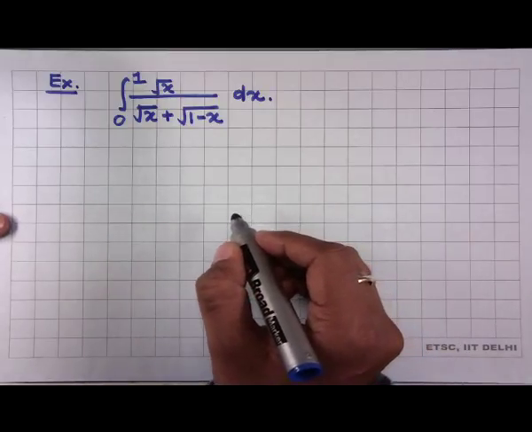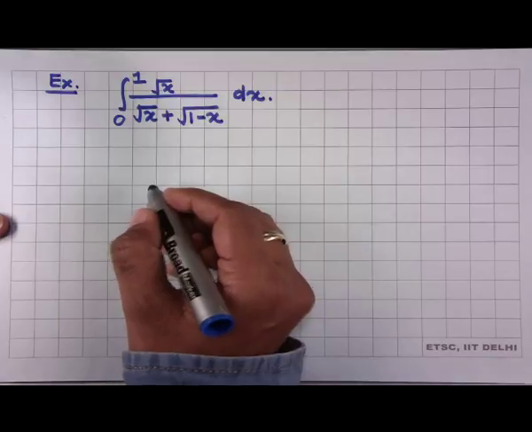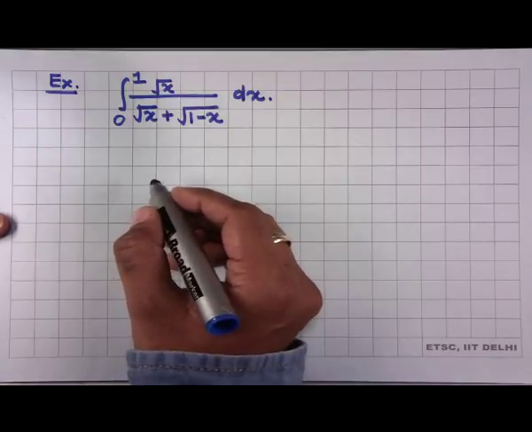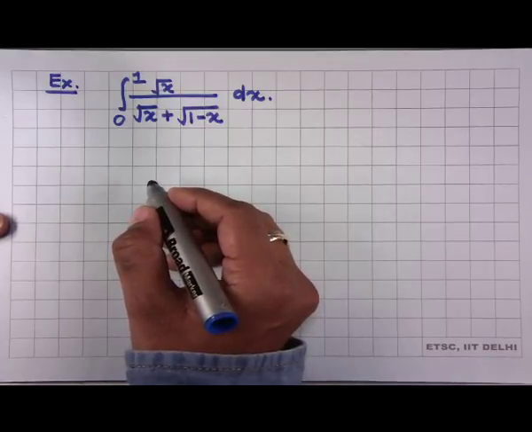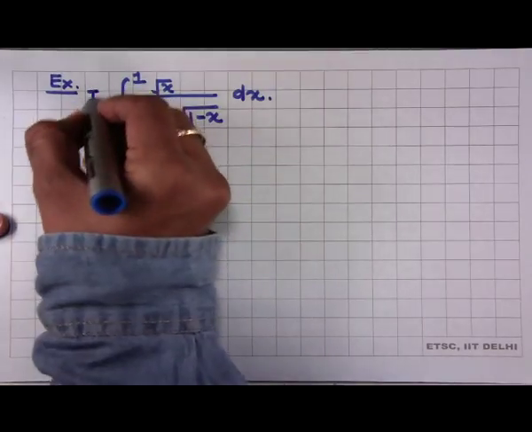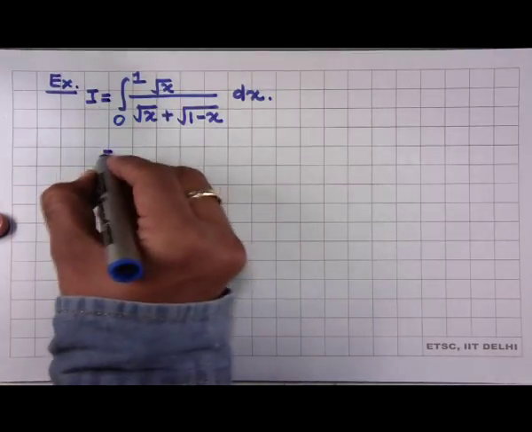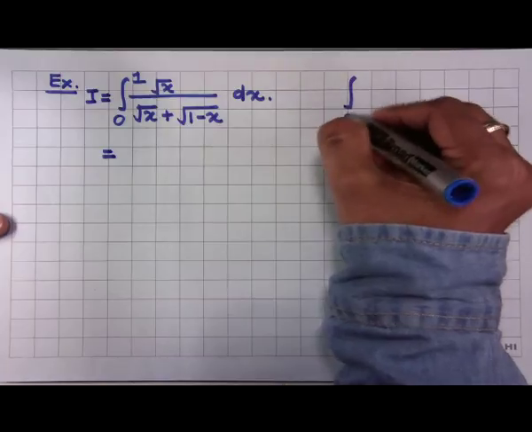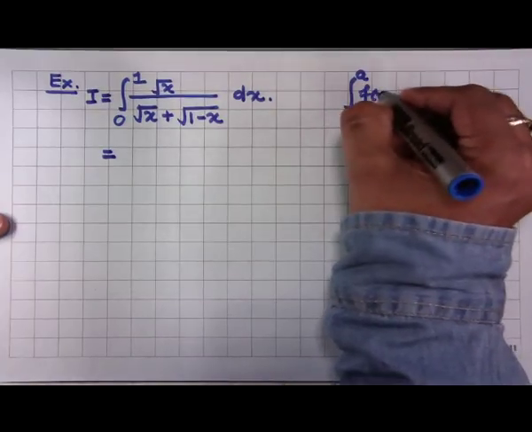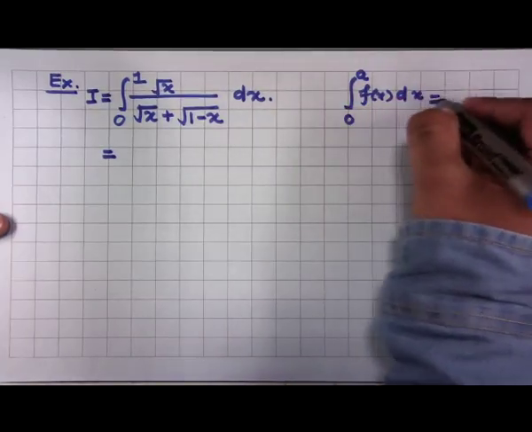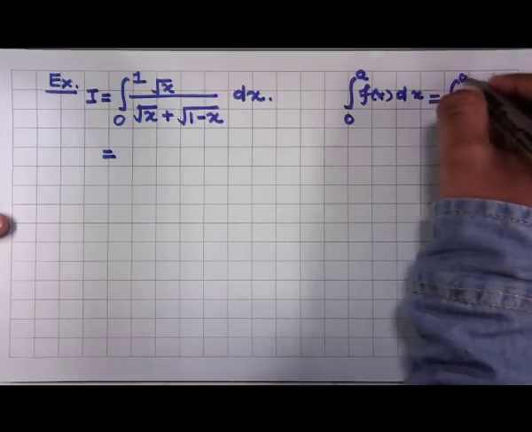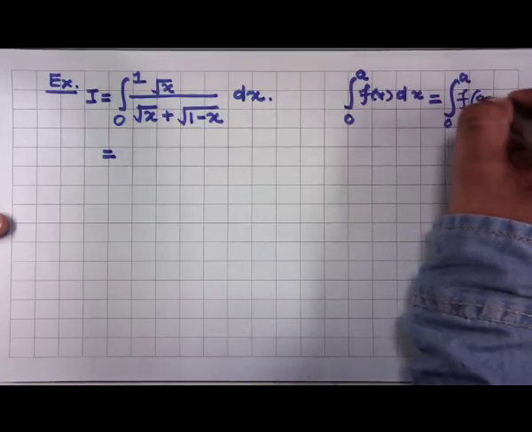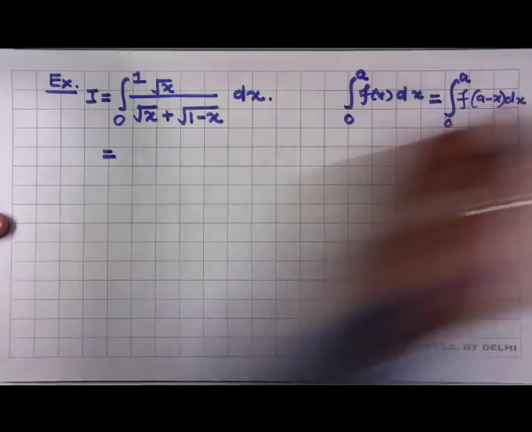But I will not be using that approach. I will try to see whether we can use properties of definite integrals. So say this is I, and by using the property that the integral from 0 to a of f(x) dx is the same as the integral from 0 to a of f(a minus x) dx,